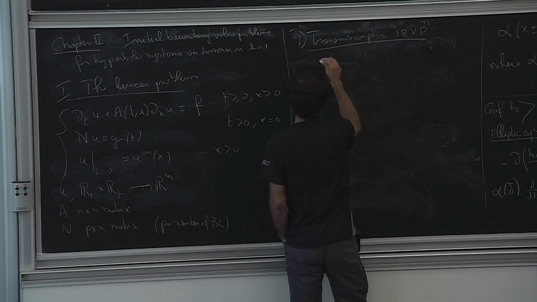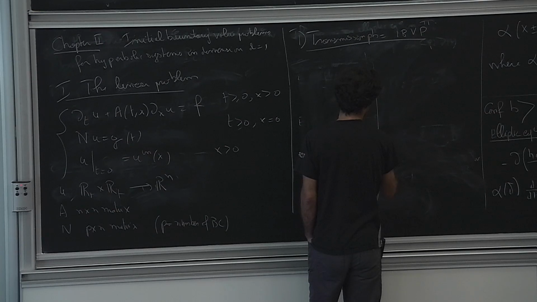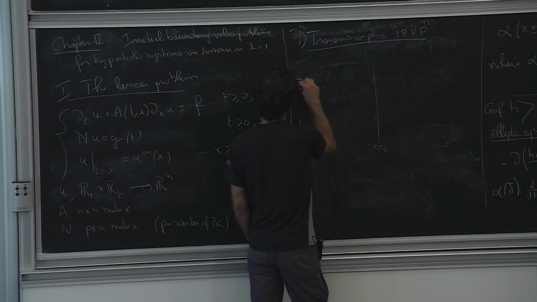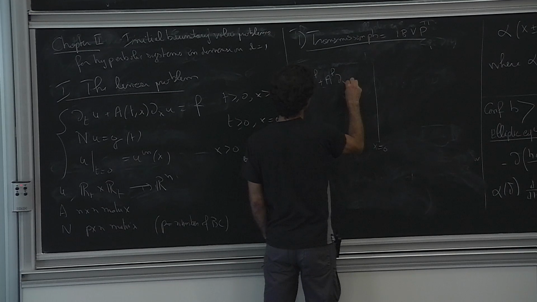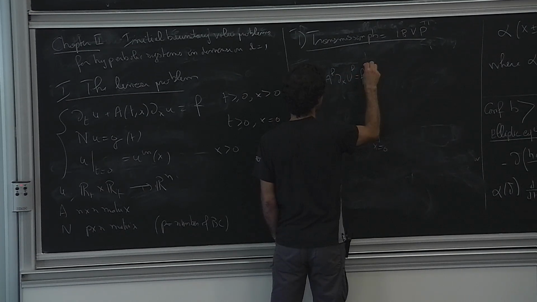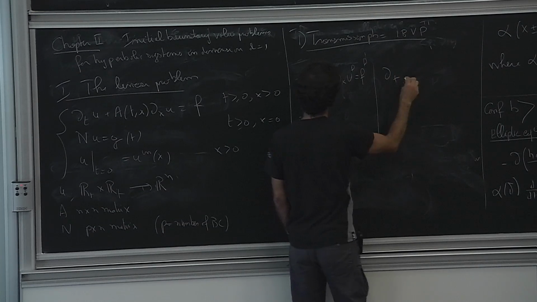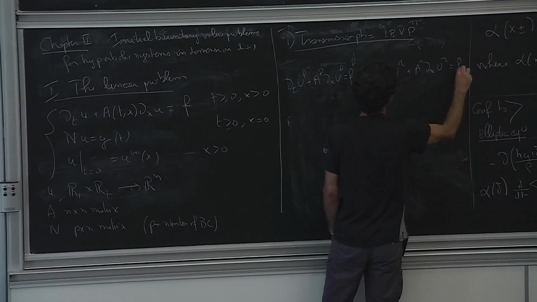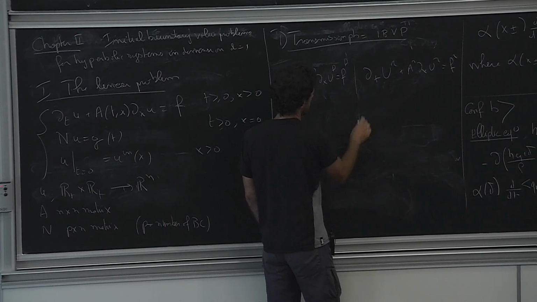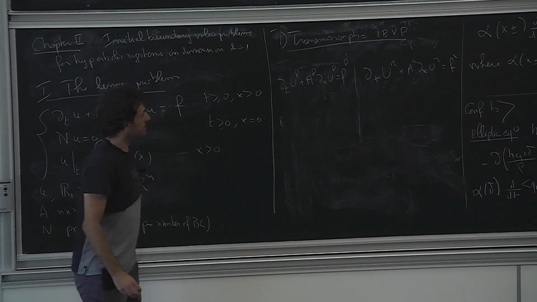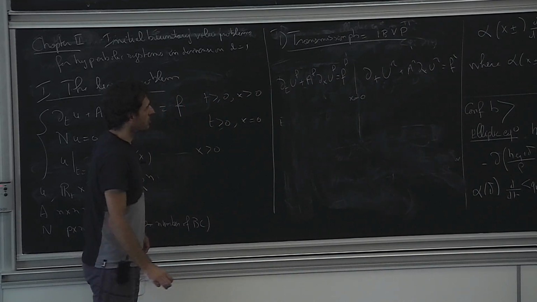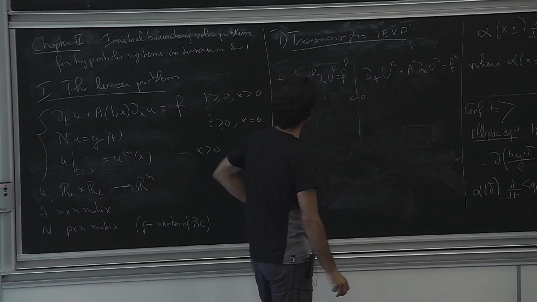Okay. I take x equal to 0, and I take a system here which is ∂t u_L + A_L ∂x u_L = f_L, and I take another hyperbolic system here, and across x equal to 0, I impose some transmission condition which are